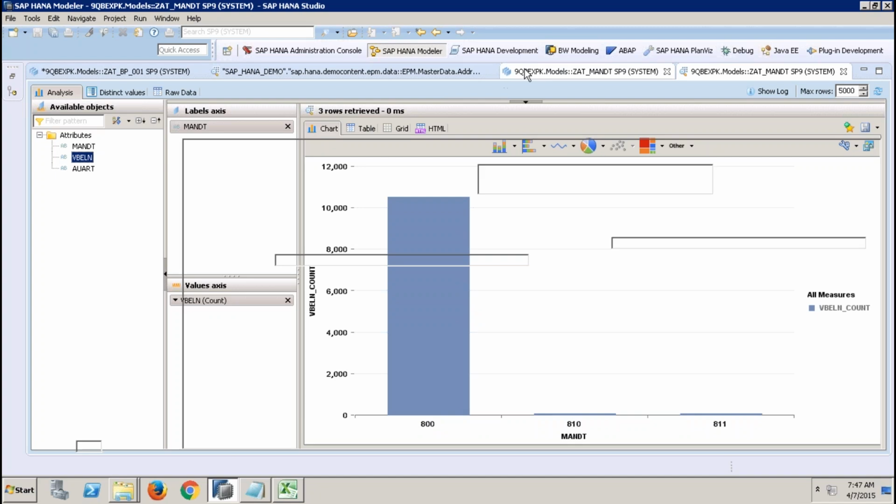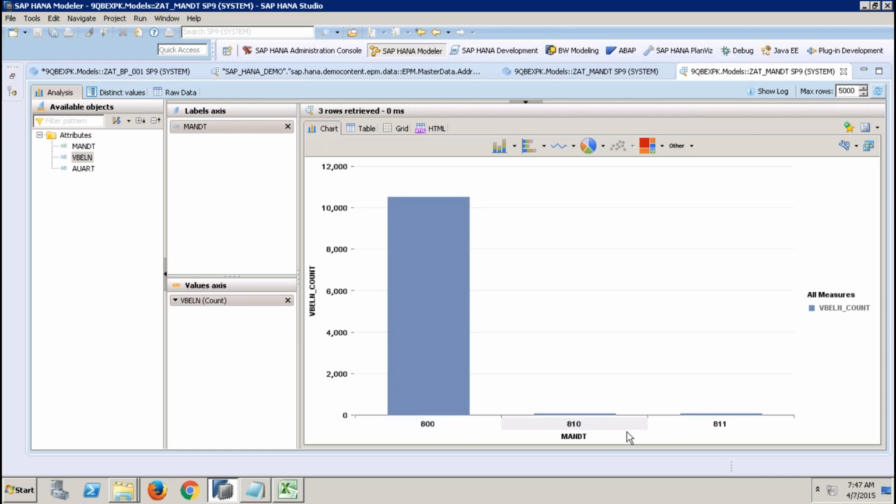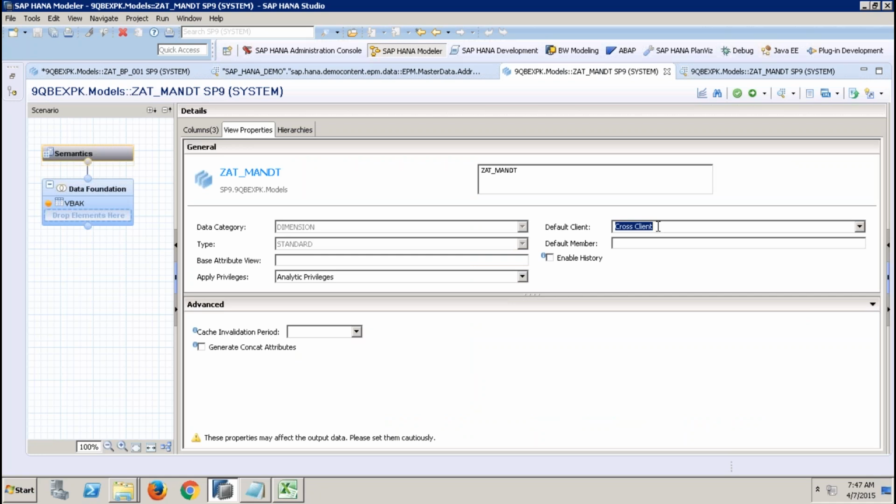So if I set this client value as cross session, default client as cross client, my users will be able to see data for all the client information across. But if I set this as session client,